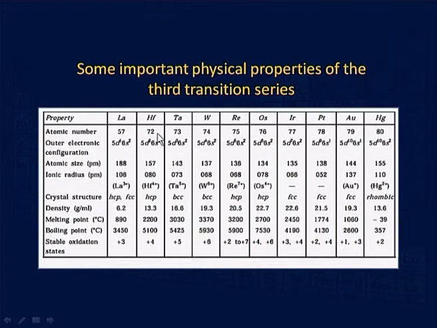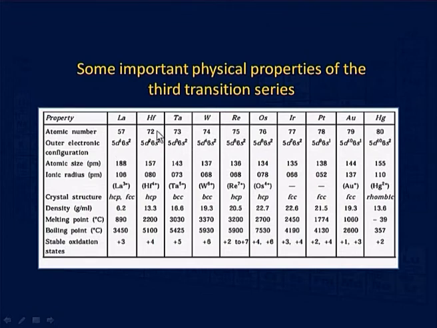In between these, we have 14 elements called lanthanides having different electronic configuration, and they are also called inner transition elements. We are not going to touch upon the chemistry of these elements as it is totally different, and in the other units you will be learning about these lanthanides as well as actinides. There are two series of inner transition elements, one having 4f valence shell and the other having 5f valence shell, that is lanthanides and actinides.